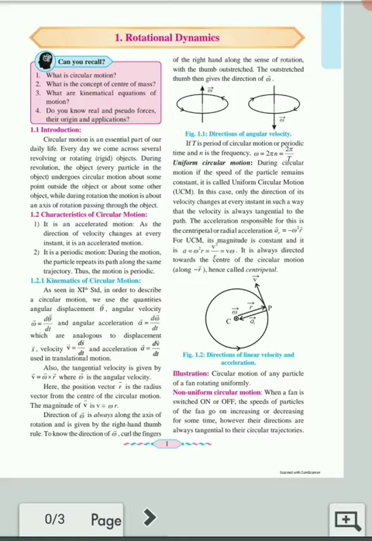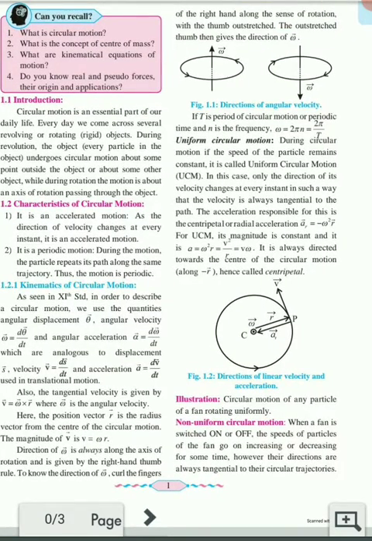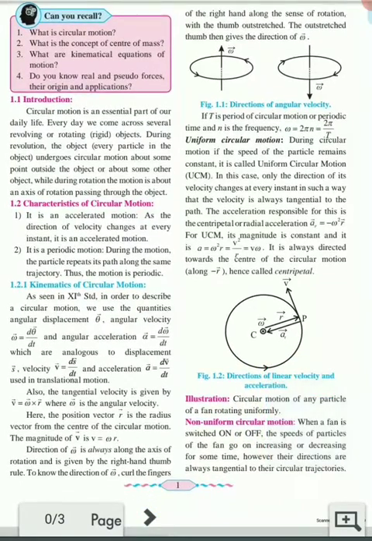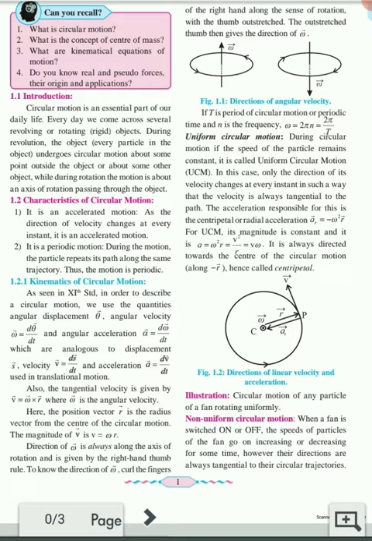Firstly, friends, we know when a body is said to be in motion. We know that when a body changes its position with respect to time, then the body is said to be in motion. Here there are mainly two types of motion, linear motion and circular motion. Now we consider linear motion first.